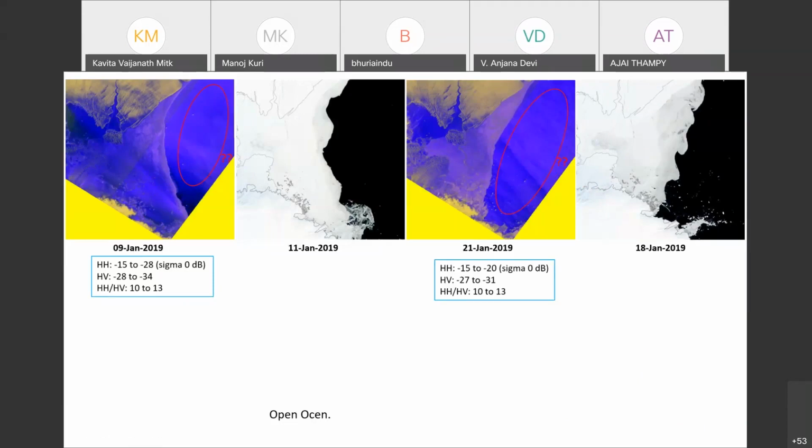And what happens is the snow on the land ice, due to the rifting process, flows on to this ocean, and because of that it mixes with the open ocean signature. So we have to be very careful, and only considering the backscatter signatures does not help, and that's why many algorithms came into existence which consider other texture features as well, as I discussed earlier,